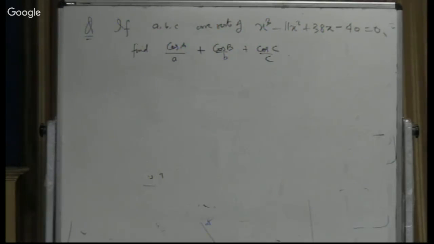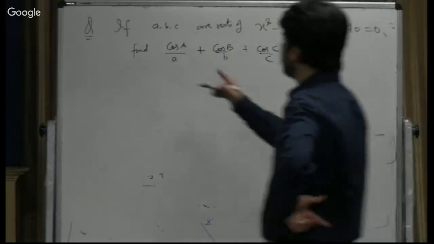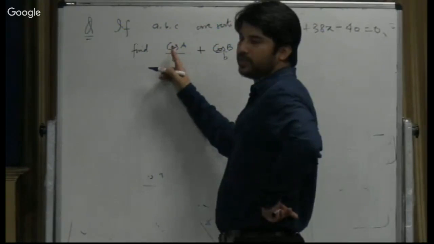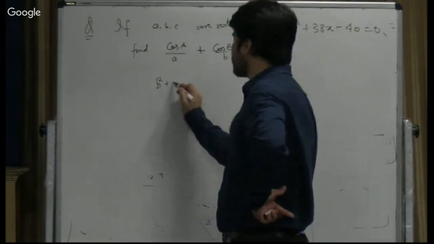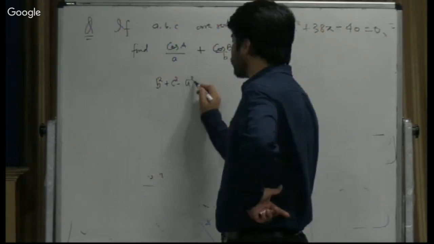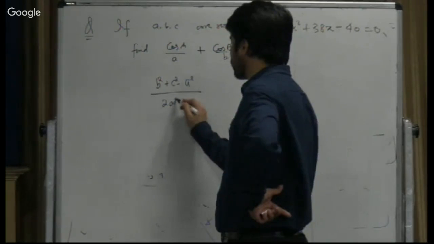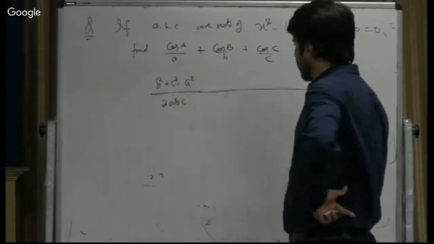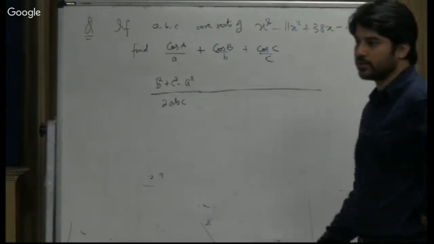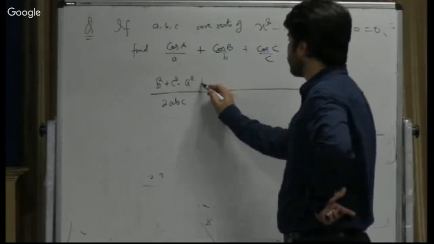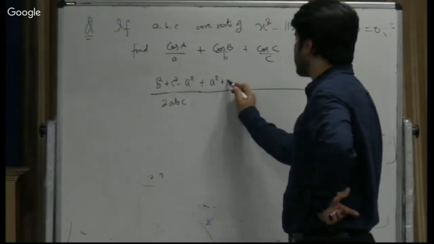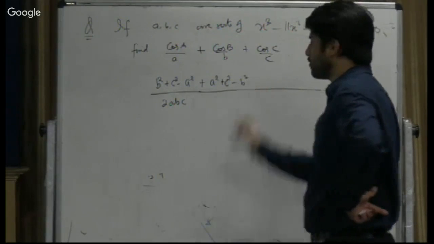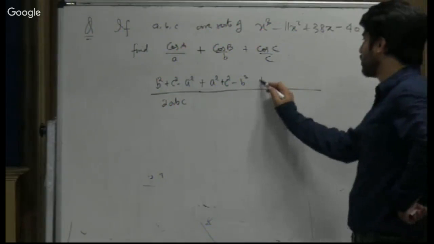See, this is cos A is nothing but B square plus C square minus A square by 2ABC. Cos A by A, right? So I know हर केस में 2ABC ही आने वाला डिनोमिनेटर. बट cos B में एक स्टोरी होगी A स्क्वायर प्लस C स्क्वायर माइनस, एंड यहां कहानी होगी